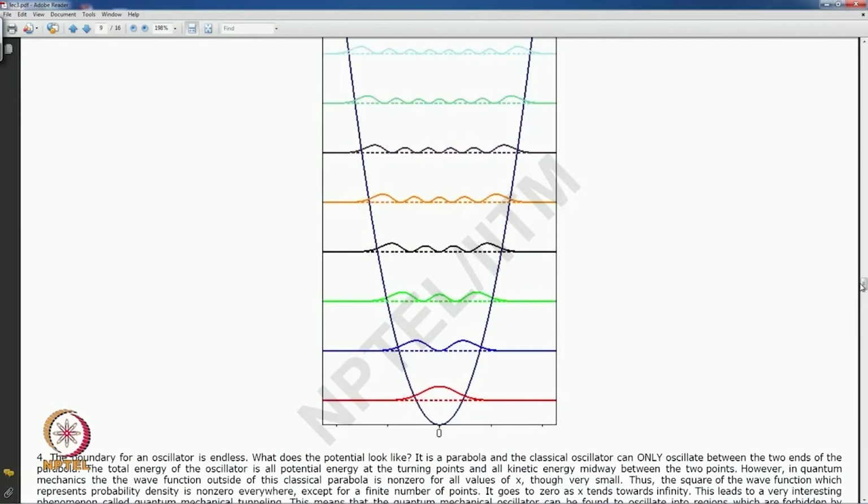Let us take the square of the wave function, and when you plot it, this is what you get. Namely, the first one is simply exponential minus alpha y squared, or exponential minus y squared, and therefore it has the same shape except that it is narrower than the wave function. But what is important is the probability of finding the harmonic oscillator outside of the classical potential region that you have here, okay,